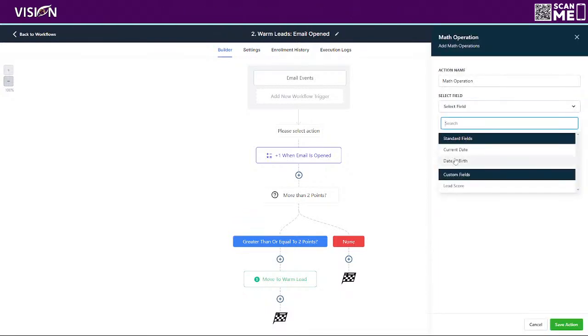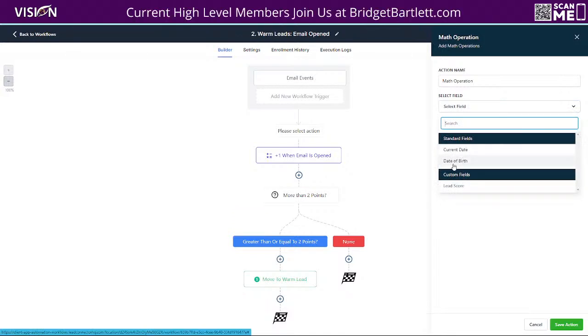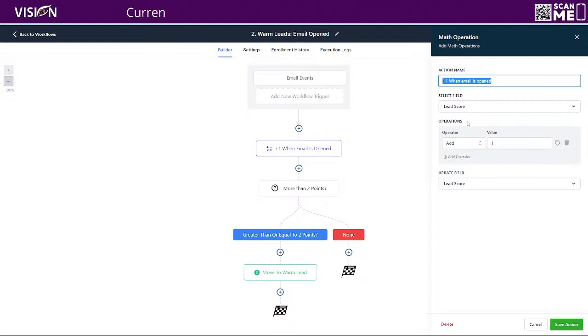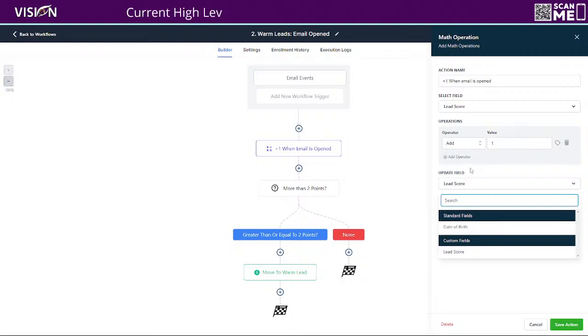And if you look here, you see our lead score. You could also use current date or birth date if you have a use case for that. But when you choose lead score, you can see I'm just adding a point here every time someone opens my emails. So now if they've opened my emails 10 times, obviously that's valuable to me. I want to know if someone is consistently opening my emails. So every time someone opens my emails, I'm going to add a point to their lead score field in their